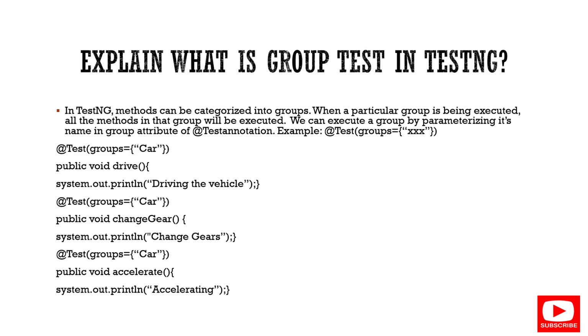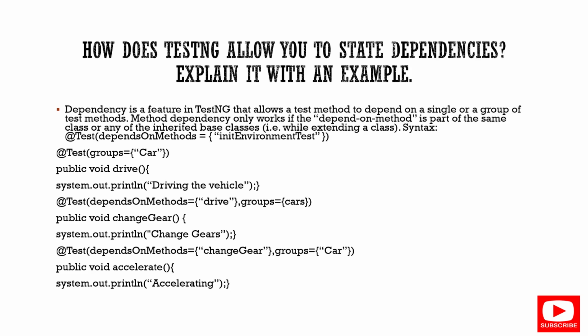And if you want to execute only a smoke suite or any functional suite, then in testng.xml you can provide methods in the test. Under methods you will have run, and under run you will have include and exclude. So you can provide your group name, and based on the group name it will execute all functional, regression, and smoke suites based on our groupings. So let's move to the next question.